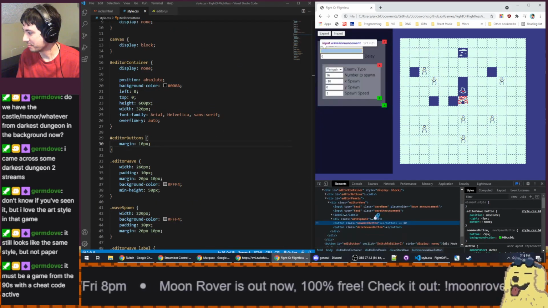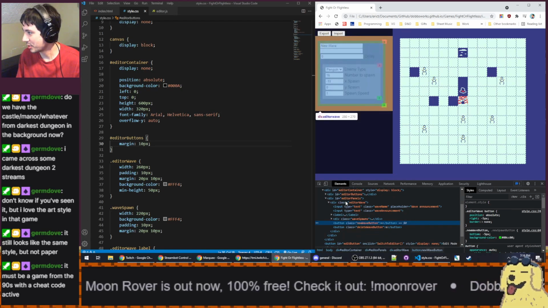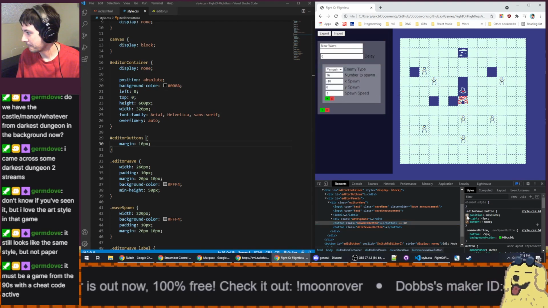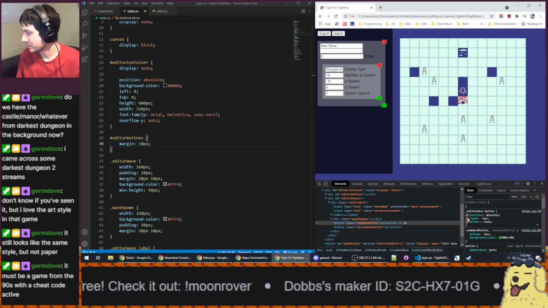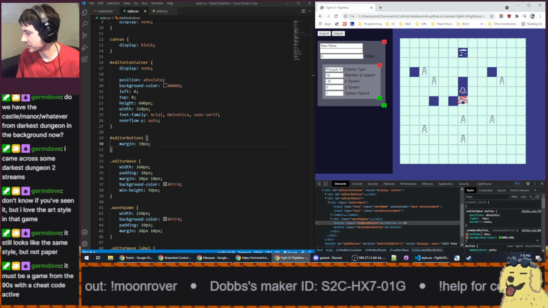The new wave button. Yeah, the new wave button is technically part of the wave object itself. Yeah, so it's in, which is not great. So we're going to